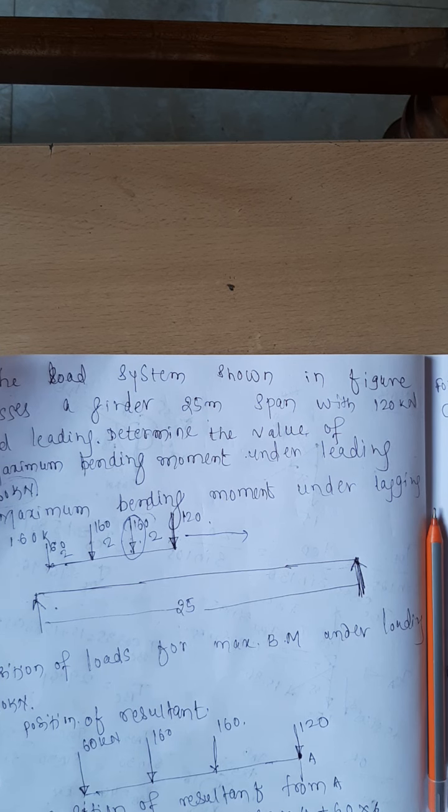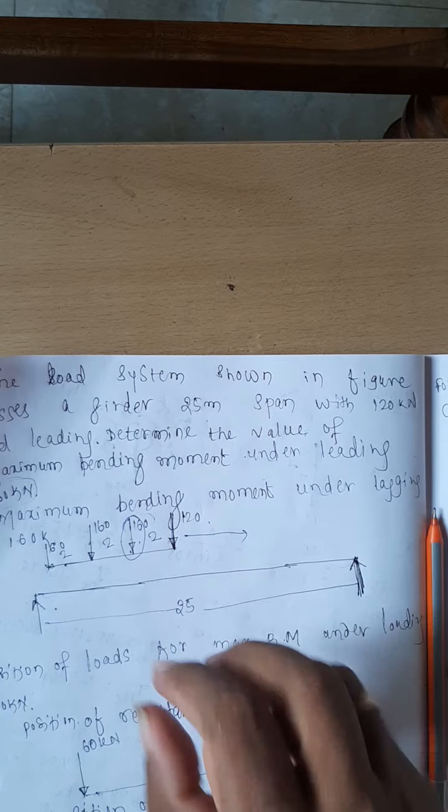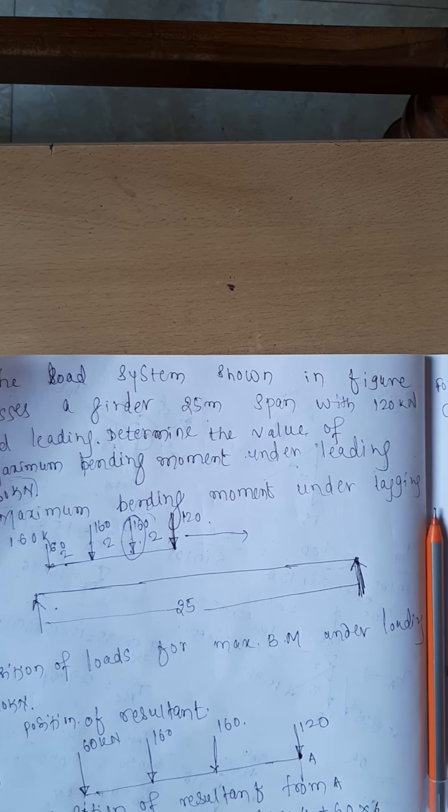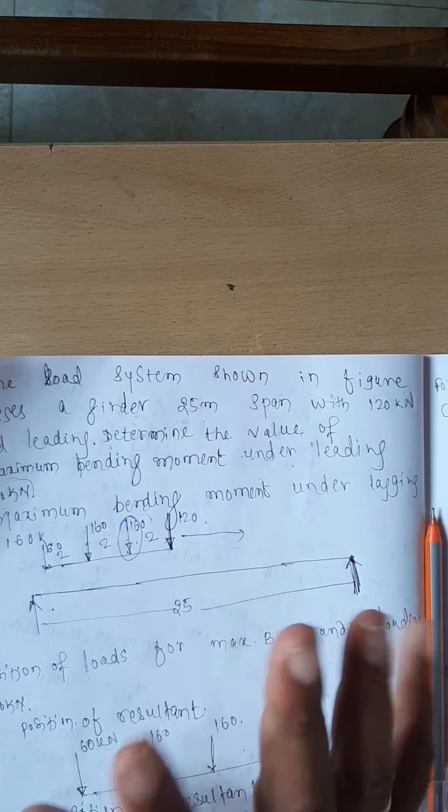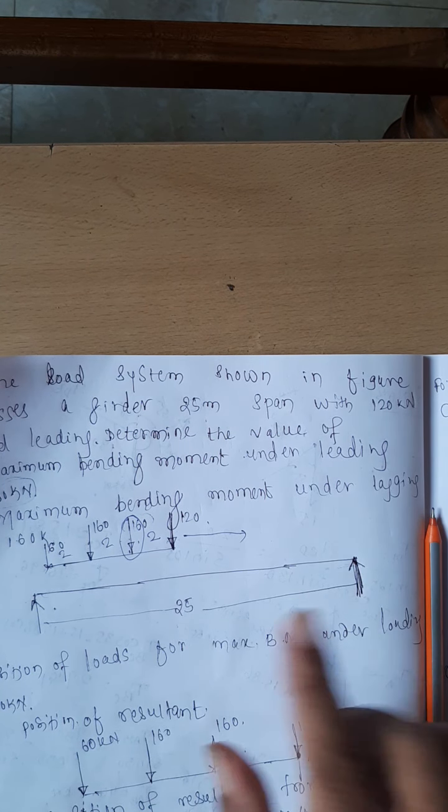Second category is he will give you the section, the loads are moving, and what is the maximum bending moment at that particular section. 99% of the cases, the problems in the university exam will be of that particular category only. Anyhow, this is there in the syllabus that we need to study. Here you want the maximum bending moment under 120 kilonewton. What is the procedure? Overall procedure I will tell you.